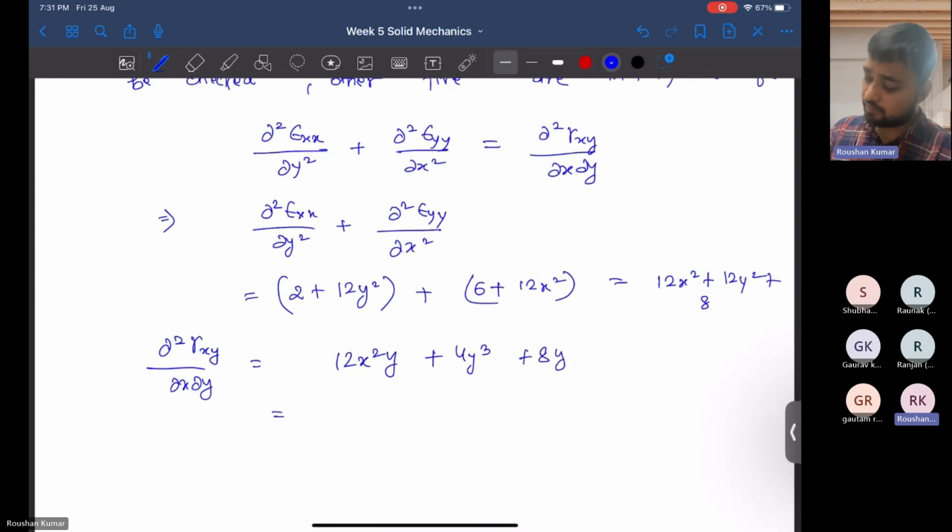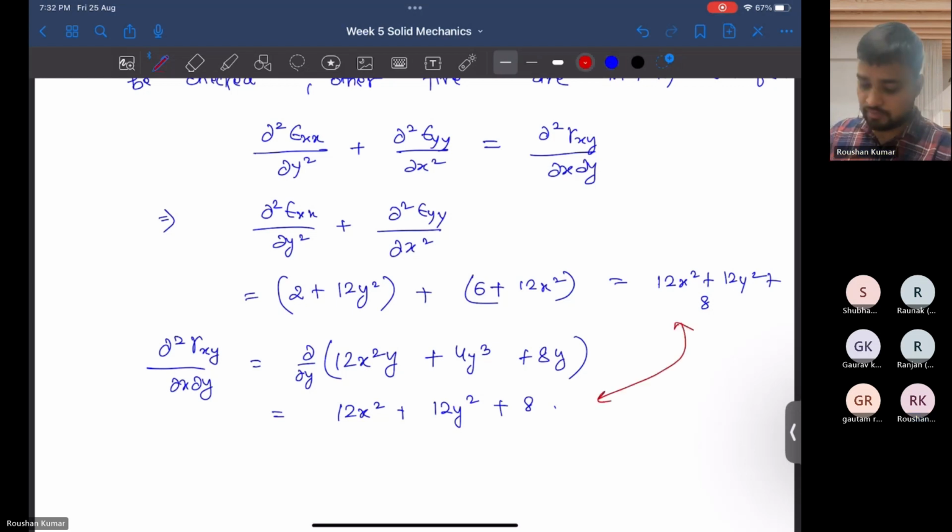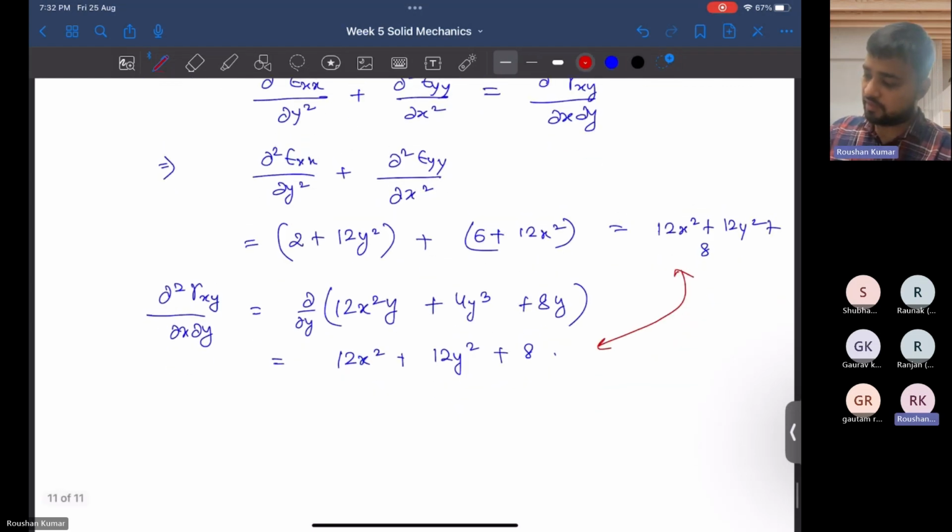And if we take the derivative with respect to y, it will give us 12x² plus 12y² plus 8. And we see from these two that it is the same. So we can say equation 1 and equation 2 are equal, so the equation is satisfied,